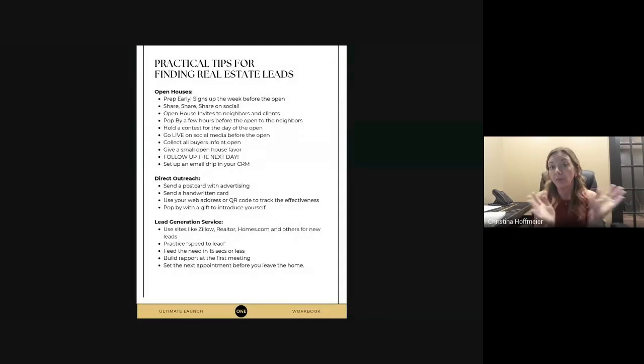I do not print out labels. I do not have my envelopes custom printed with the return address on it. I handwrite everything. And if you've ever gotten anything from me in the mail, you know it's always in a black envelope with gold pen, right? Because it stands out. I'm all about the handwritten card. And I can't tell you how many times I've gotten responses back from people that said, oh, it was so sweet to get something in the mail. Nobody ever sends handwritten cards anymore.